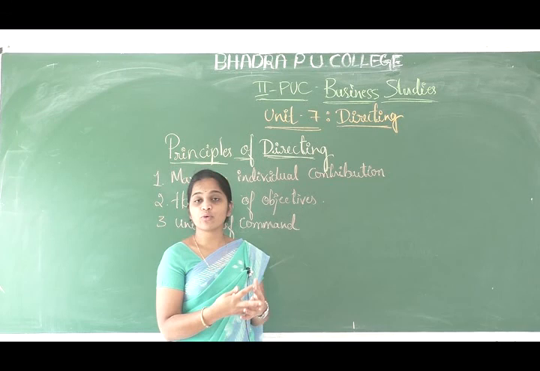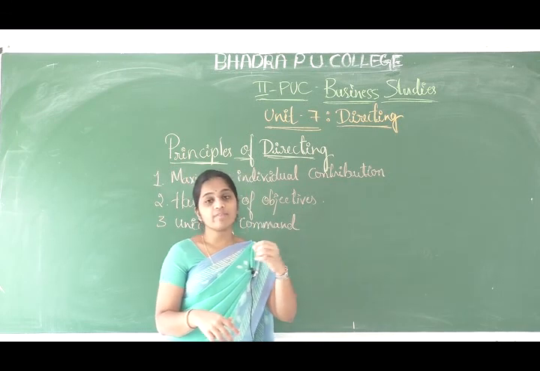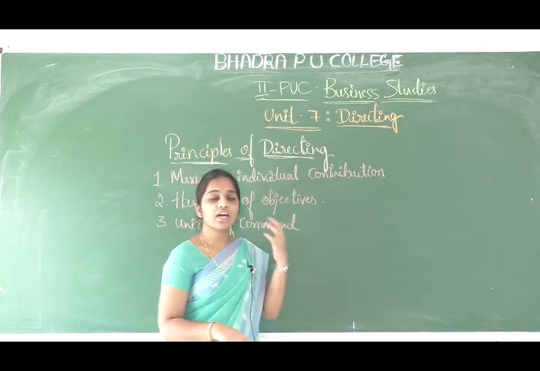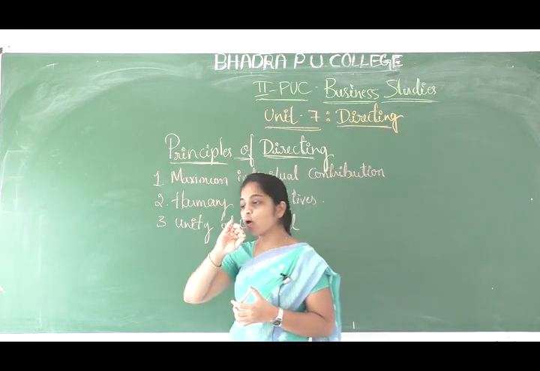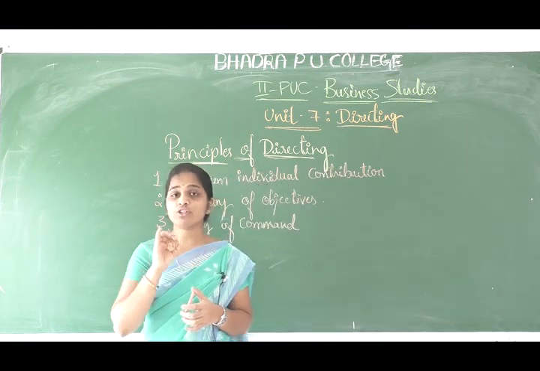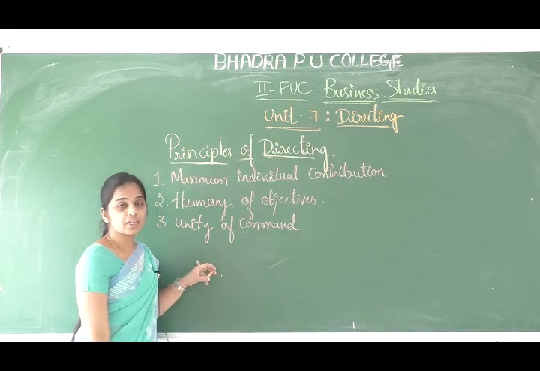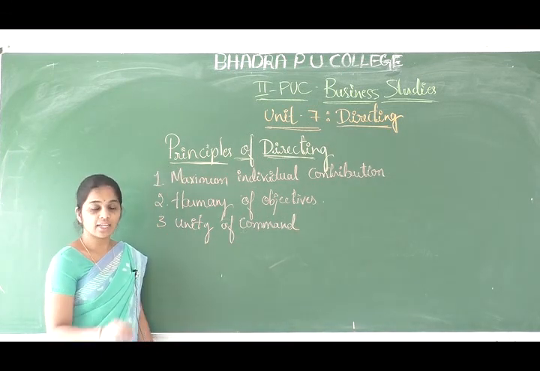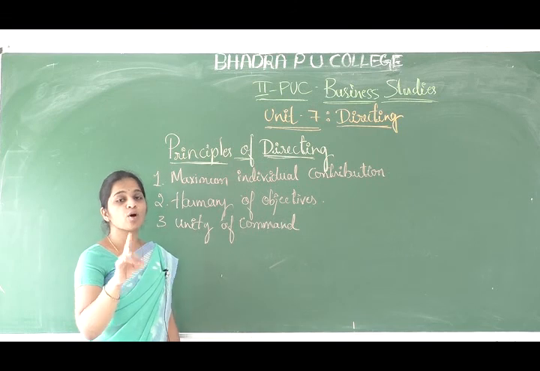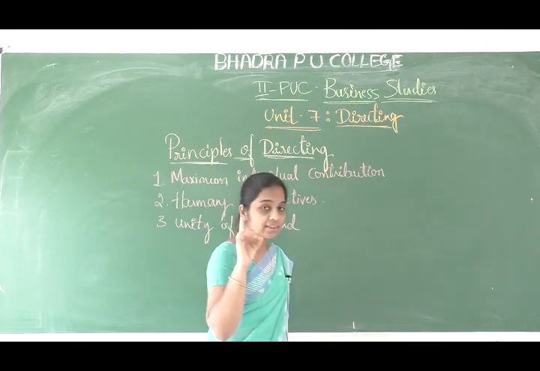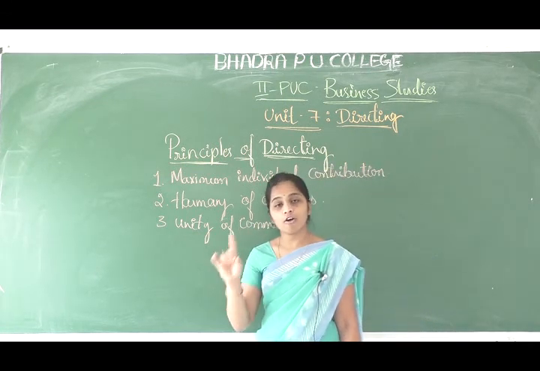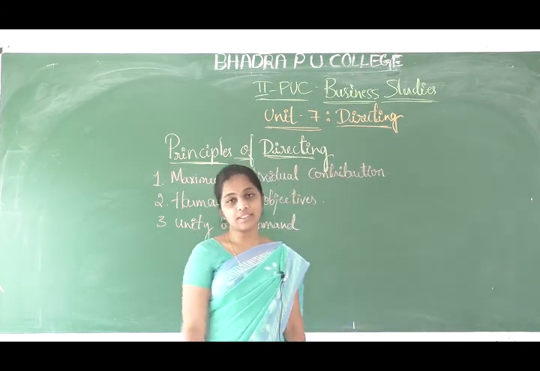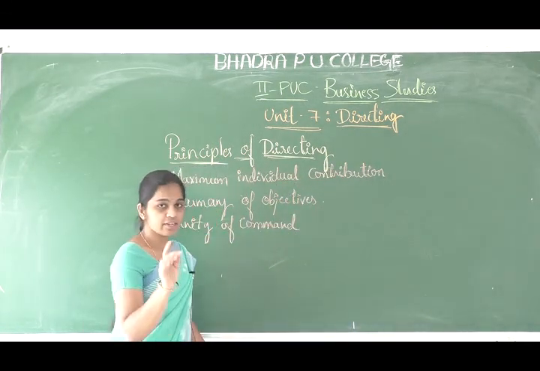Who should I work for, how should I do it? It will create confusion in the mind of the employees. So in order to avoid this, there should be the unity of command. That is, there should be one boss or supervisor, and that supervisor should give the instructions and orders to the subordinates. See, for example,